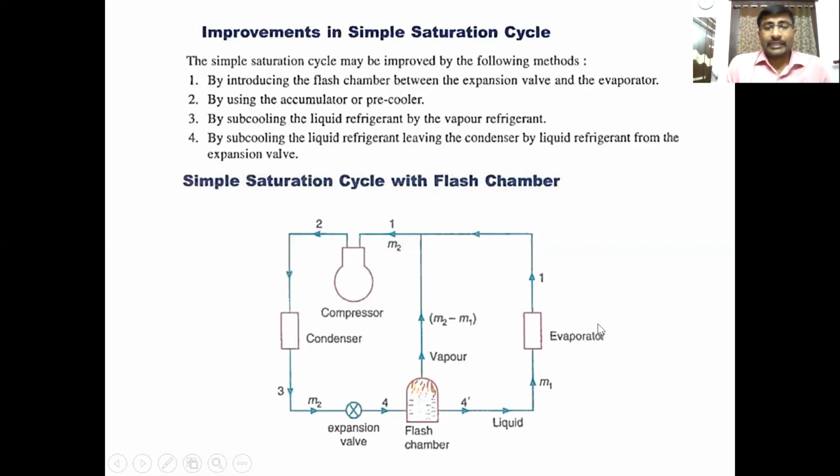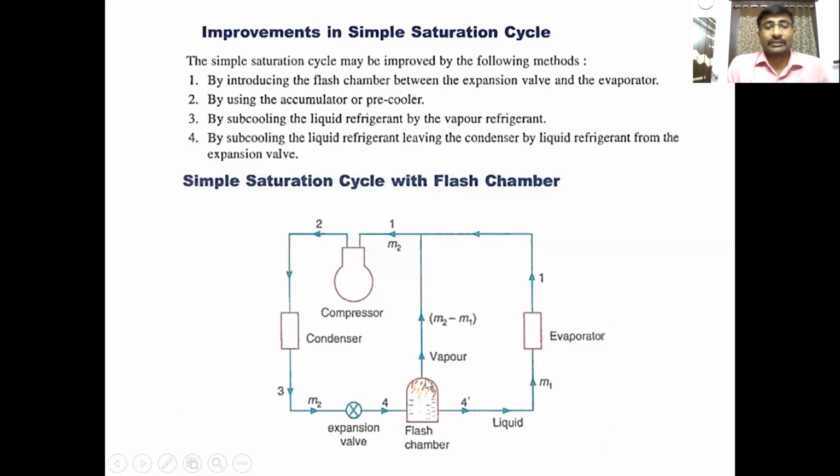After the evaporator, by absorbing the heat from the required space, the liquid refrigerant will be evaporated. That vapor will be mixed with the flash coming from the flash chamber. The flash means the vaporized refrigerant in the expansion valve, because at a sudden expansion, some of the liquid particles are evaporated. The evaporated refrigerant is called the flash. Suddenly the liquid refrigerant changes into vapors, and that vapor is called the flash. The storage device which separates the flash from the liquid is called the flash chamber.